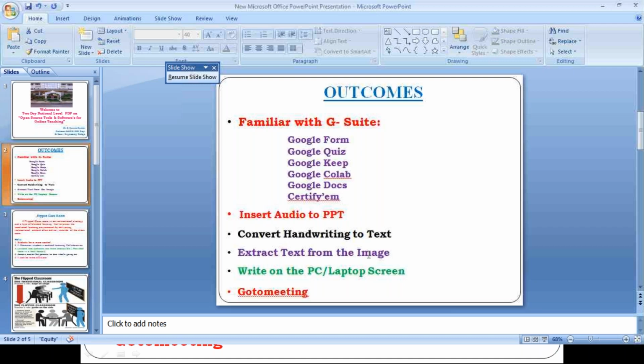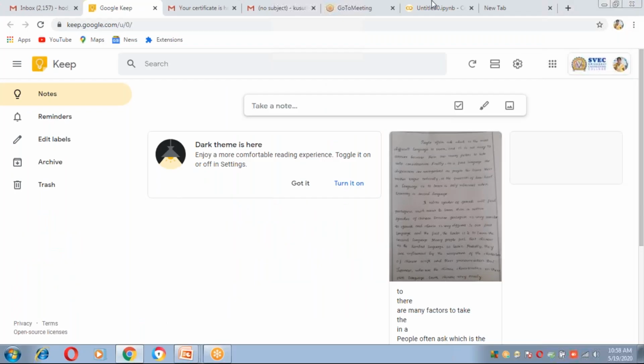Similarly, if we download any image, we can extract the text message from that image. For these two purposes, we can use this Google Keep.